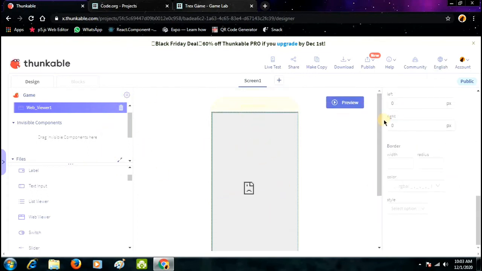Now after that you want to download your app. Here you will find a download button where you will get two options: download iOS app and download Android app. If you want to download it for Android, just click on it. It will automatically start after some time when the process completes.